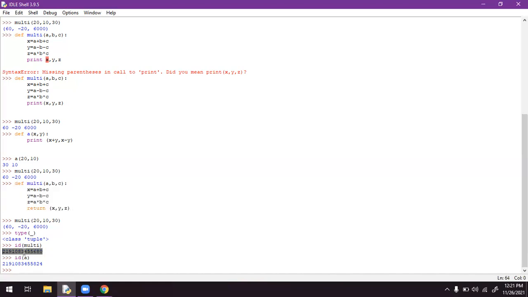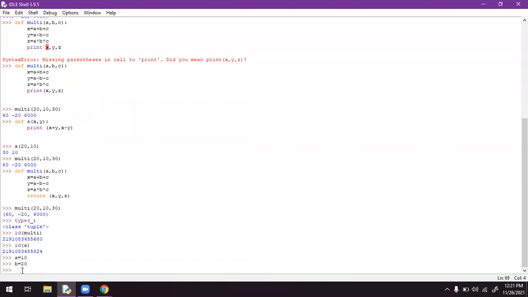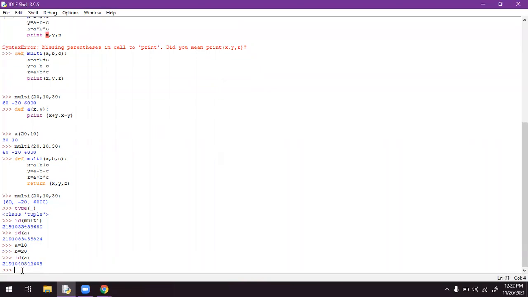Here we got an id. It's like a pin number, no? It is constant for each and every operation. Even if a equals 10 and b equals 20, if you check the id for a, you will get something. If you check for b, you will get something.